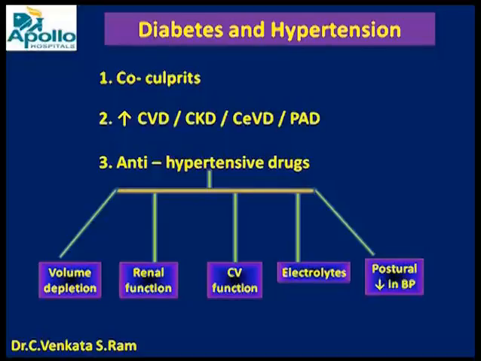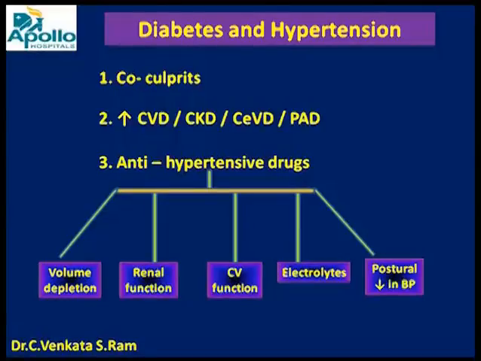When you use ARBs or ACE inhibitors in patients who have diabetes and chronic kidney disease, keep an eye on potassium. Make sure that it does not go beyond 5.5. Around 5.2, 5.3, I tend to be very, very careful. And when you use multiple drugs to reduce the blood pressure, which is okay, but once in a while, please check the patient's postural BP, because some of these patients might have autonomic neuropathy, and you might precipitate and aggravate postural hypotension as a result of treating supine or sitting high blood pressure.